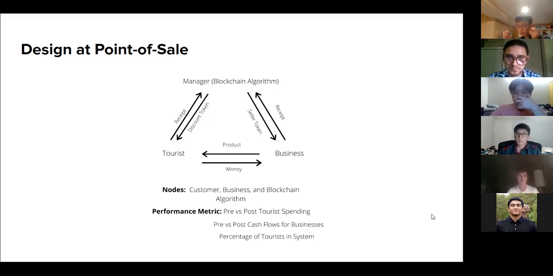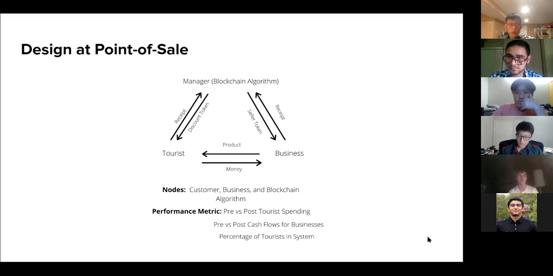That's the backbone of this larger system, if that makes sense. So to give a little more perspective, a tourist is going to receive discount tokens for each purchase they make, and they can then redeem those tokens at the next small business for a discount. So if the traveler uses those tokens to pay $95 to the second small business instead of $100,